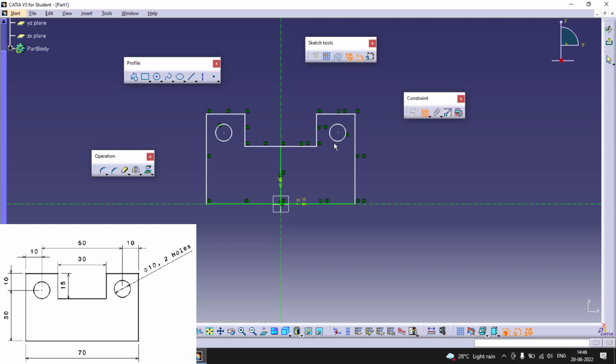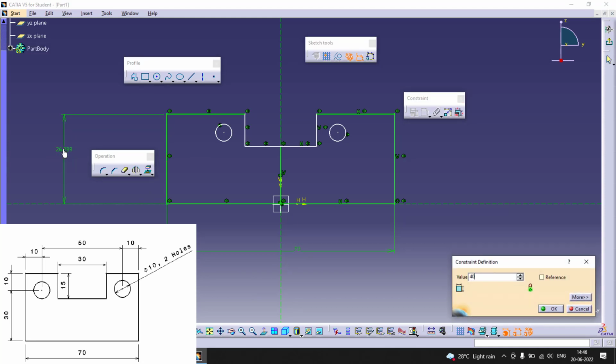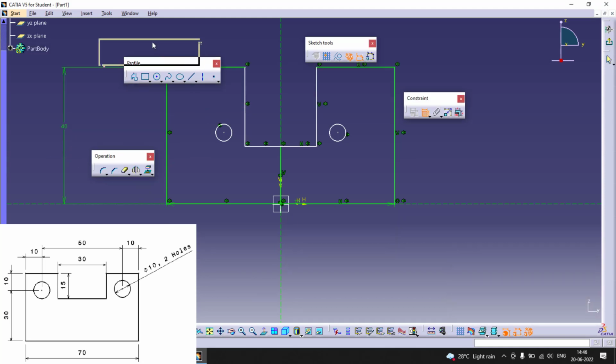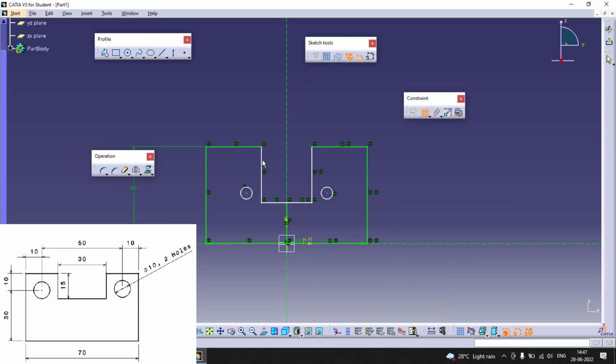Okay, now the dimensioning. From here to here it is 70, and the total distance from here to here it is. You can right click and delete if your dimension goes wrong. This length, it is 40. Okay, and then from this to this it is 30. This is 15,